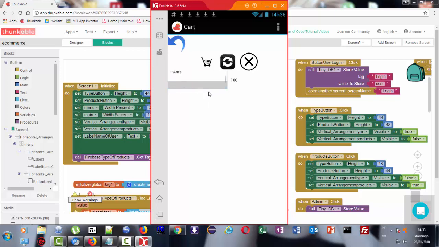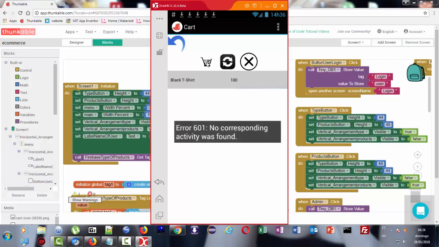You can see the pants and the black t-shirt that we purchased on the product description screen. Here you have the name, the quantity and the price. Here the pants, the quantity and the price. If you click in cart,